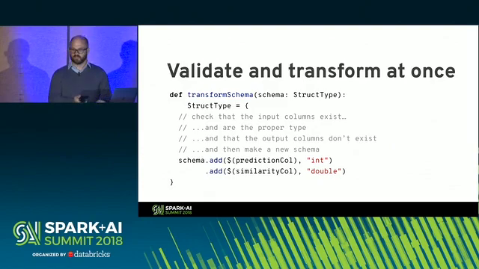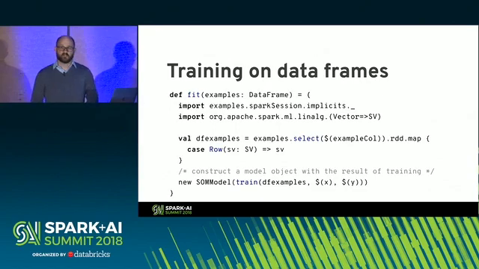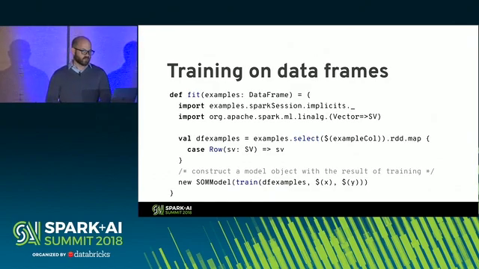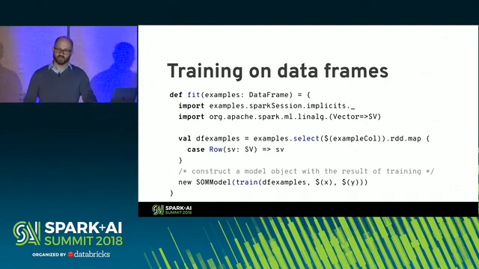But if this method succeeds, we know that the schema is valid. The training part, which goes in the estimator, can actually be really simple if you already have a method to train on an RDD. You can just project out the column you care about, convert that to an RDD of vectors or whatever your method expects, and train it, generating a transformer with the model you trained. So I've elided some details from my actual implementation to keep this example clear, but the point is that the actual training component of your pipeline as a first pass can at least be a straightforward wrapper on an RDD-based